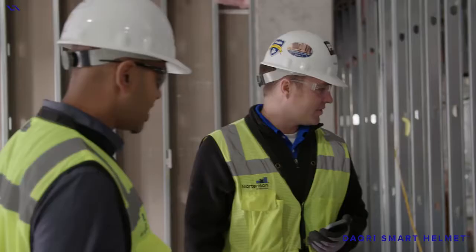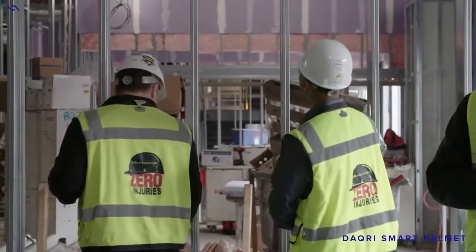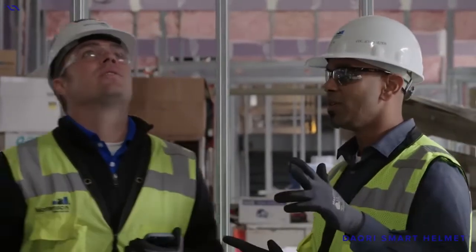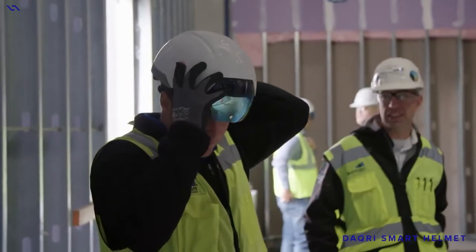Our project today is at one of the most complex stages in the project. We've coordinated it, concrete's up, the structure's up. So we're at the point where we're really just getting going, putting all of our MEP work in place. And of all projects, a hospital project is one of the most complex when it comes to putting MEP work